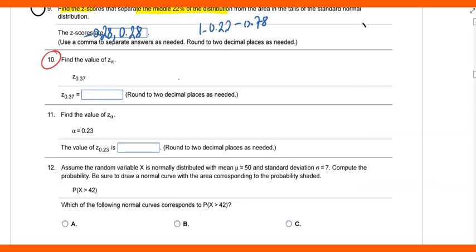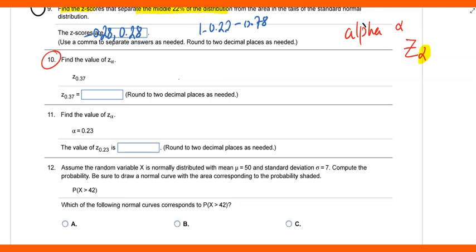Question number 10. Questions 10 and 11 are the same, therefore I just want to do one of them. Find the value of Z alpha. Remember the symbols here: the subscript on Z is called alpha. We call this alpha, and this is called Z alpha. And here alpha is the